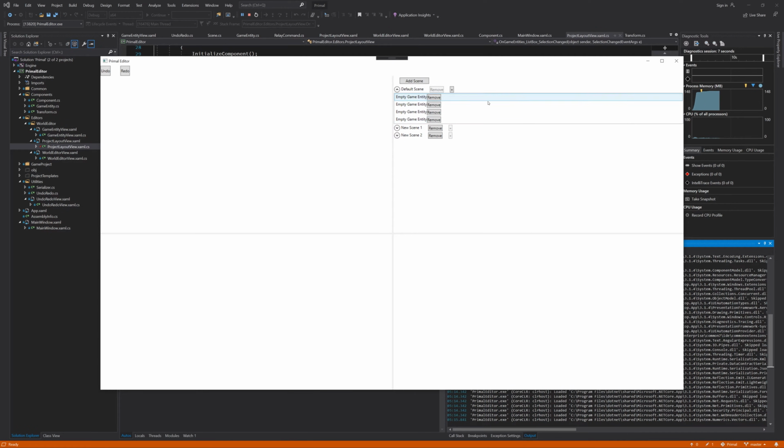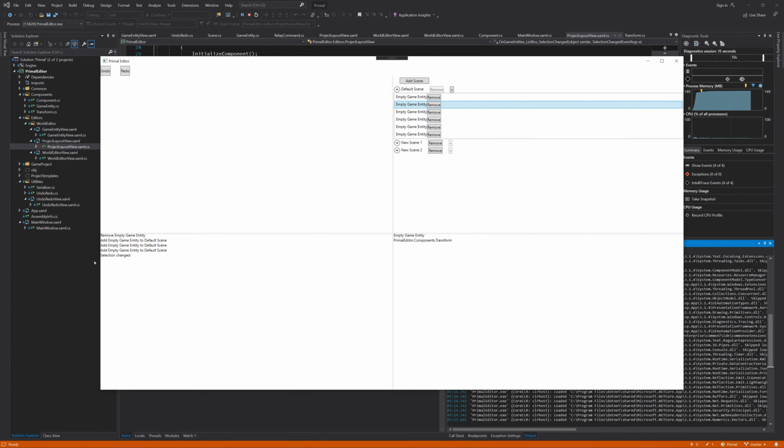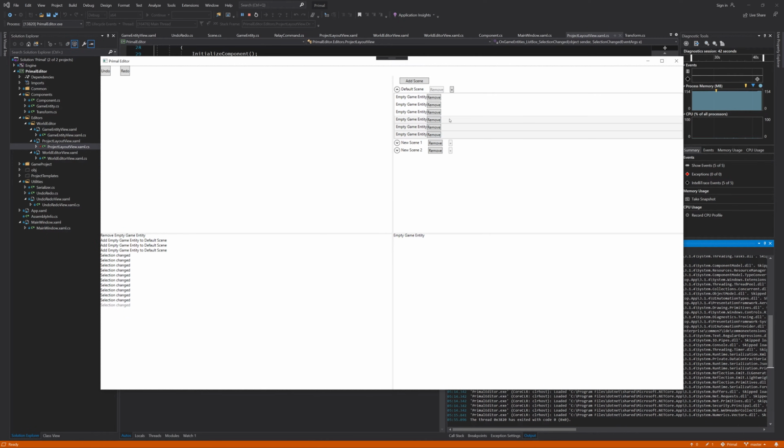So now if I click remove, then an entity is removed. We see selection change whenever I select one. Let's go through a couple of them and then have these 3 selected. And then go back to the top one. And now if I undo this, then it should go back and select these 3 and then it should go up again. Okay, these 3 are selected and then